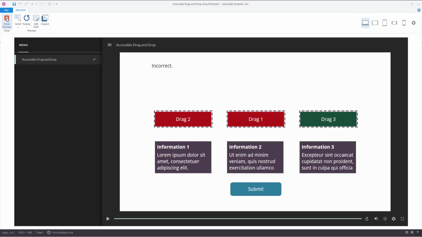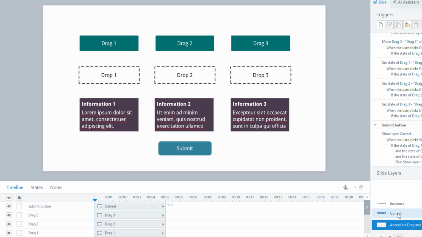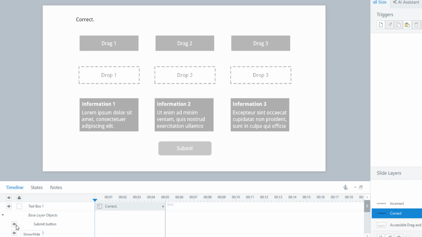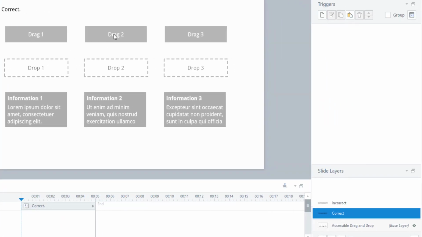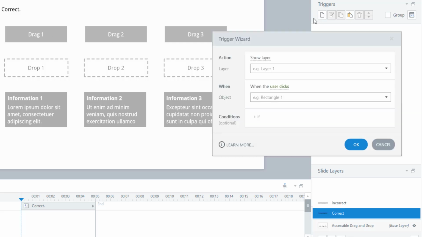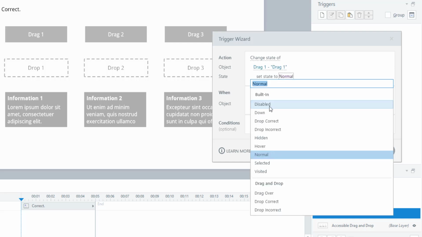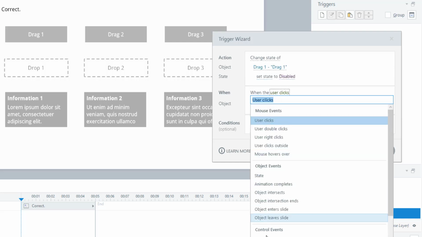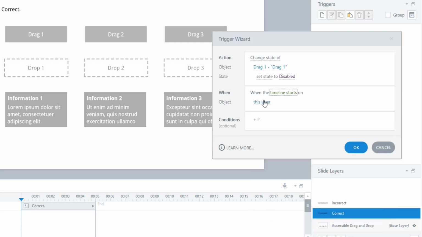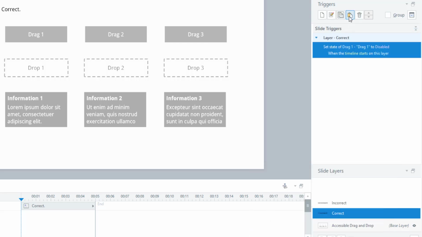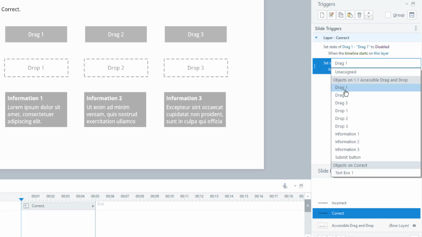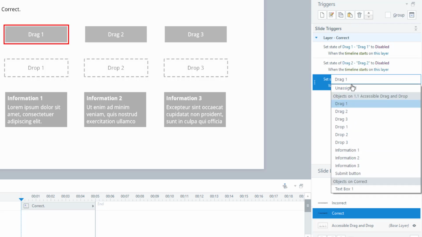disabled state would work. So the first thing I want to do is go to my correct layer and just untick submit button off both of those like that, and I want to disable these so they don't pop up. So we're just going to click on new one. I'm going to put change state of drag 1 to disabled when the timeline starts on this layer, and I'm